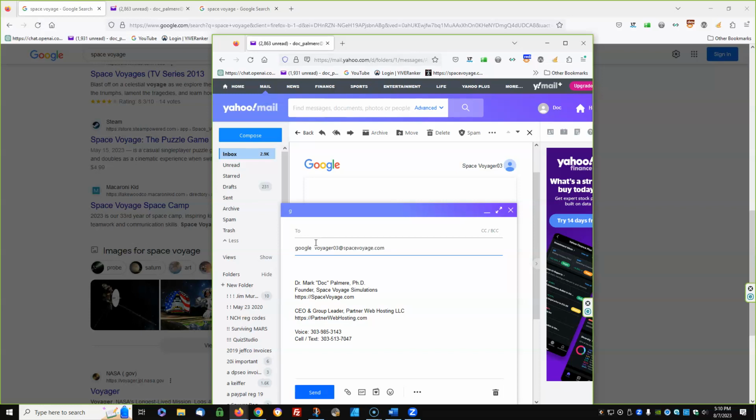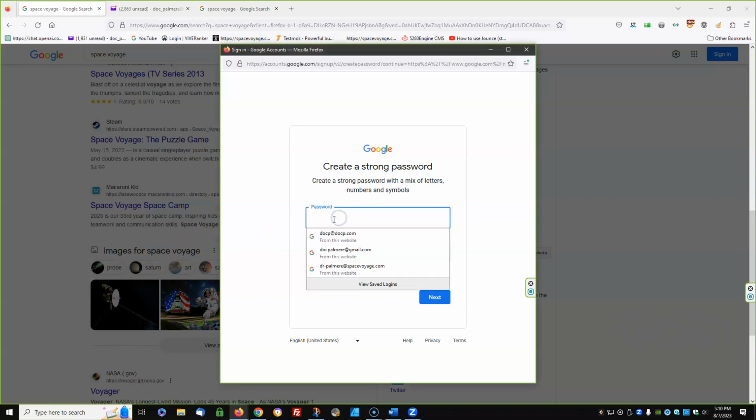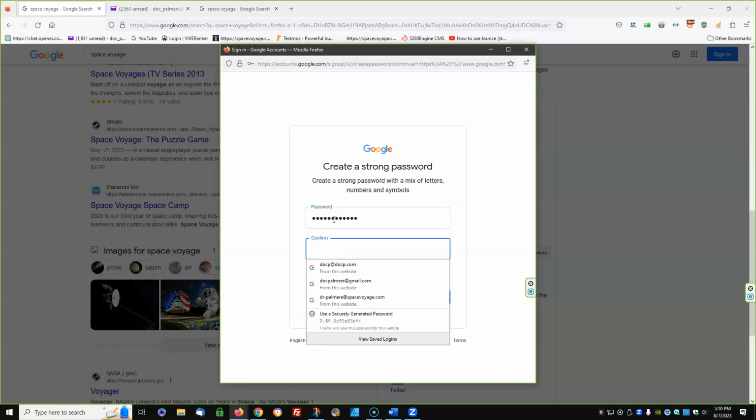So now this is for me to remember. Let me move this to another screen. And I'm going to put my password in here. I'm going to type something that is unique, and I'm going to copy that. And now I'm going to put that password here, and I'm going to put it here. And they have to be the same, or it will tell you they're not the same. And you can click show password if you want. Okay, so when I click next,